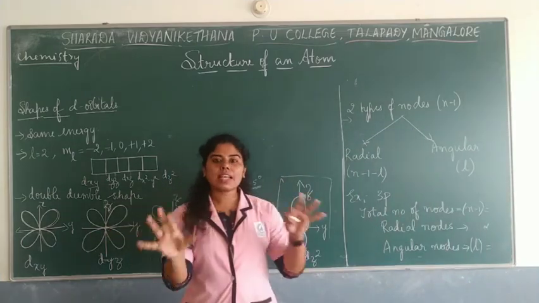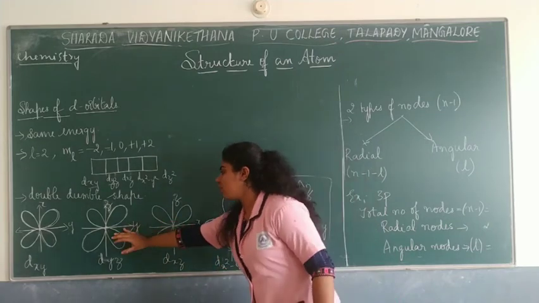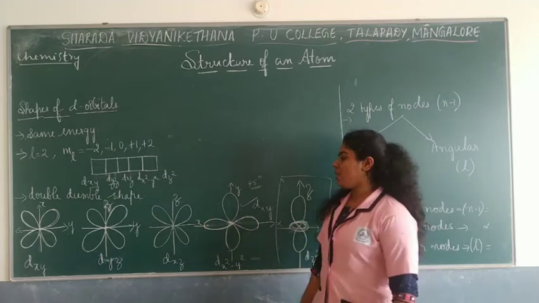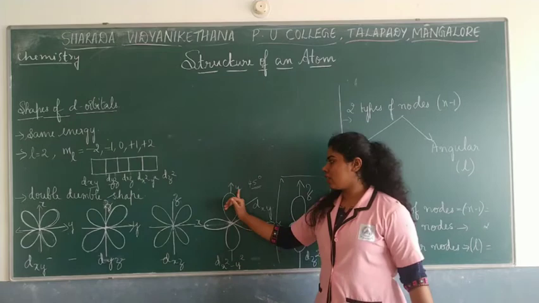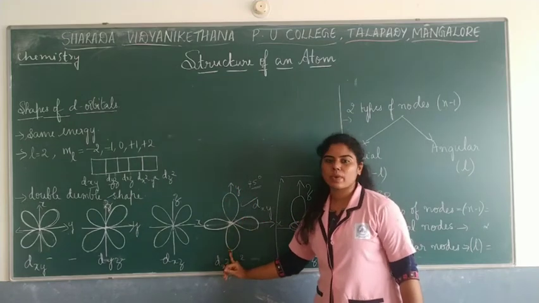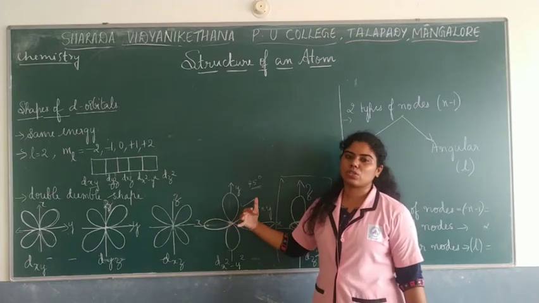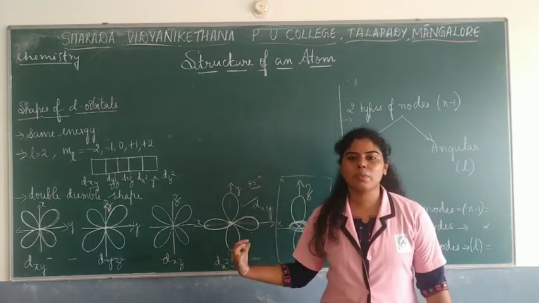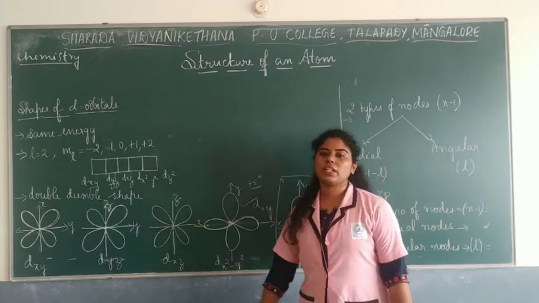So all these have same energy, just that the orientation or the way of representing this are different for each of these. These three you find them as similar ones, but the last two, this one, that is dx square minus y square, it's exactly equal to the first one, but the rotational angle is different. And dz square, which has an electron cloud in between. So this is how we represent the d orbitals.